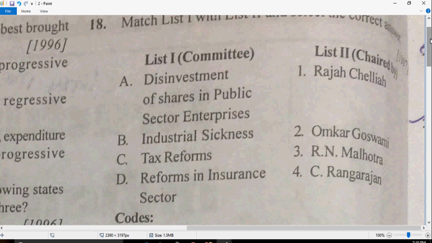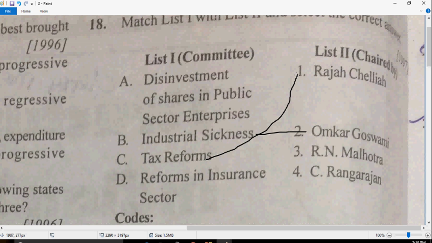So industrial sickness is going to be Omkar Goswami, so B is going to be 2, and the Chelliah Committee, that is tax reform, so C is going to be 1. The Chelliah Committee on tax reform was in 1993, the Omkar Goswami Committee on industrial sickness in 1994, of course, and